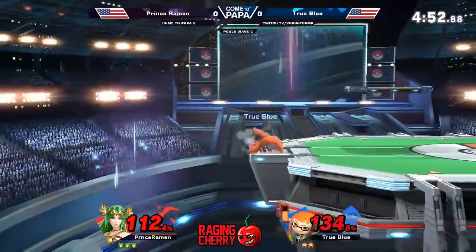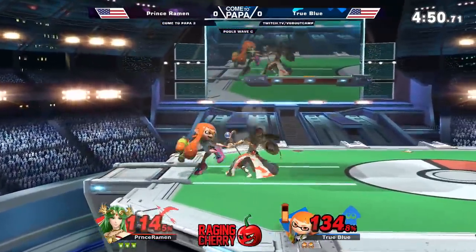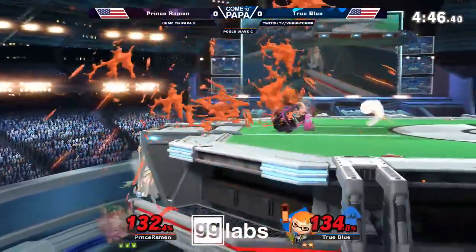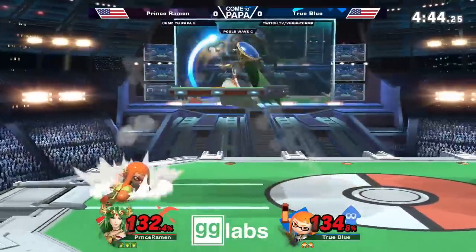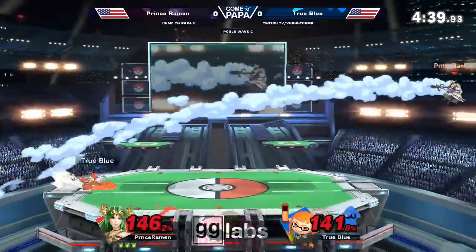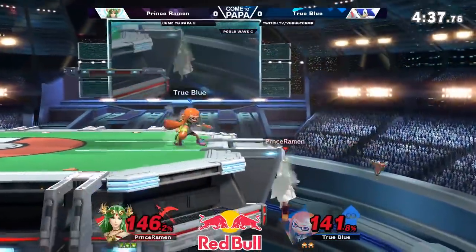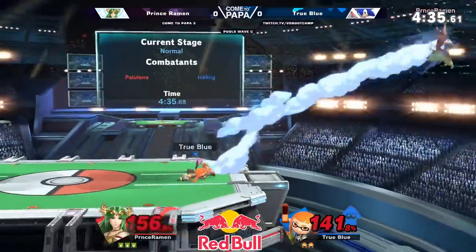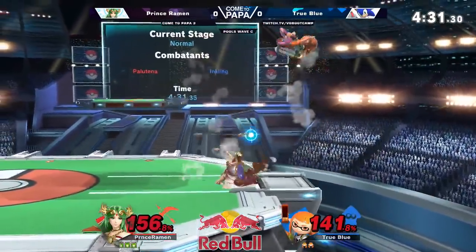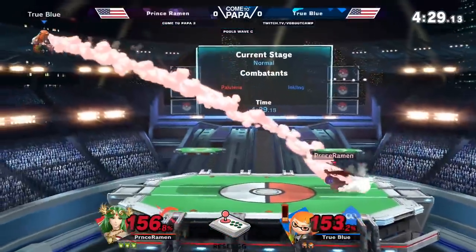Ramen is showing a good example of what it means to have a strong punish game and a steady game, being content with punishing anything that your opponent overcommits to. 100%. The forward air is not going to do it from that side of the stage. Getting back into the pressure situation, down tilt, 160% here. Palutena is definitely not the thickest character in the game, so...